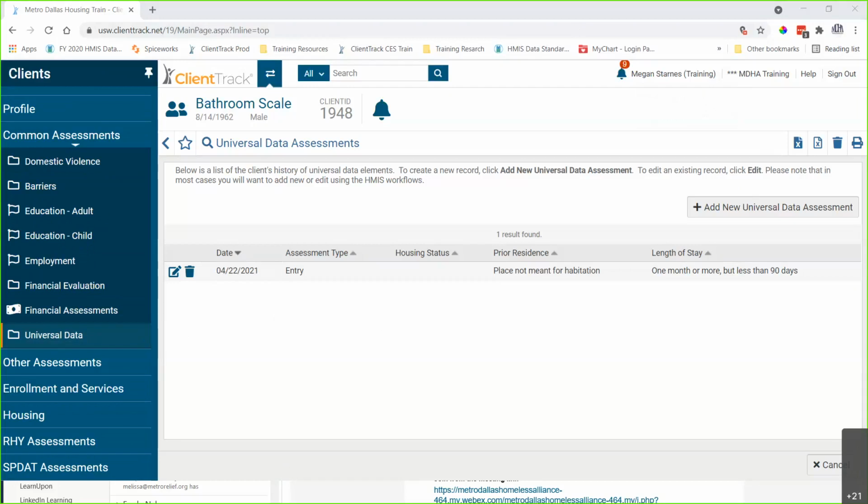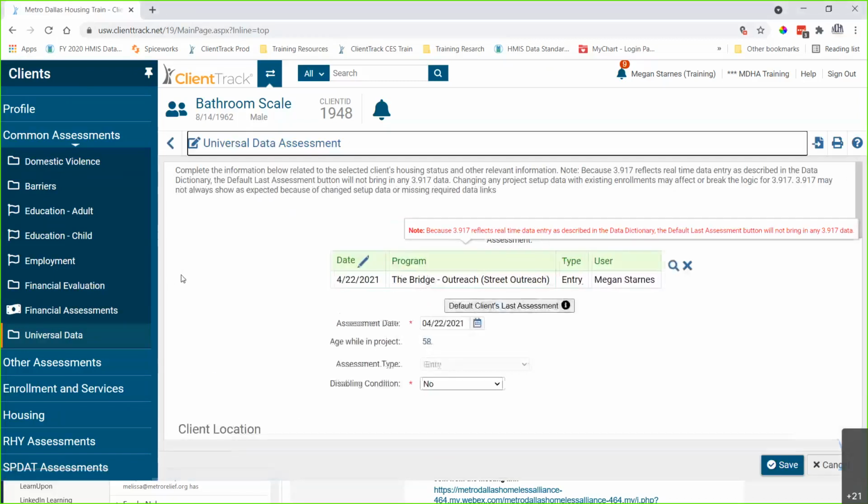The date that told you where your error was, and what assessment was it? Was it your entry, your annual, your update, whichever one has the error? For this one, it's entry. So you're going to click on the edit button. You guys won't have that trash can. That's an admin